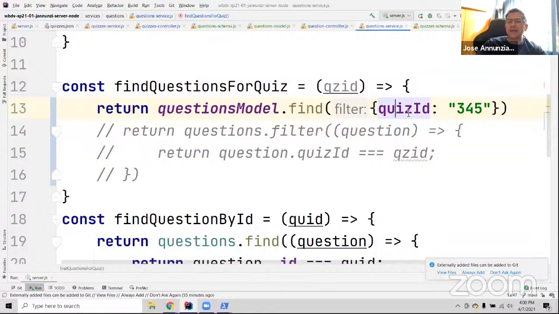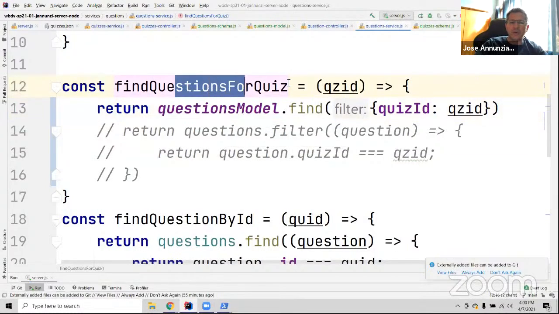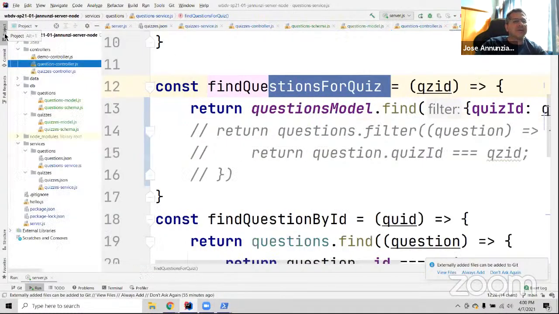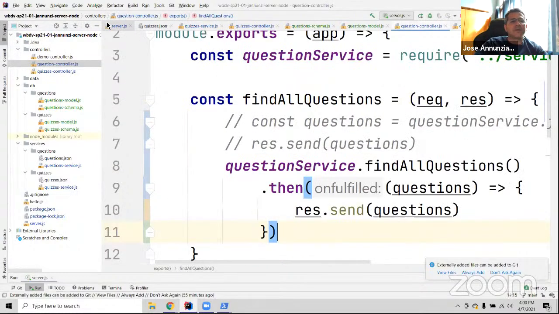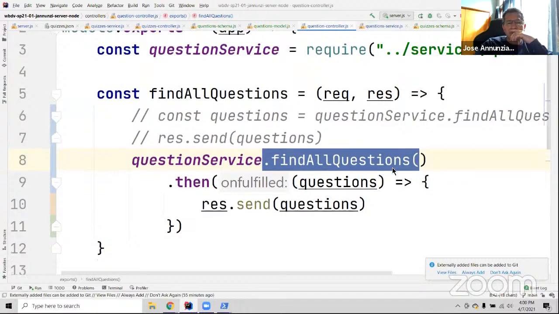So yeah, it's quiz ID, but not hard coded. It'll be whatever parameter you pass in here, quiz ID. Okay, and that gets returned. Who receives this? The controller, right? The question controller. So let's see, controller, question controller. There it is. So the question controller